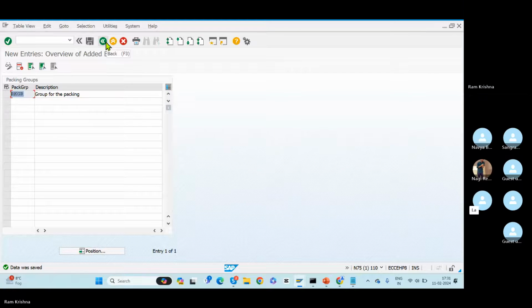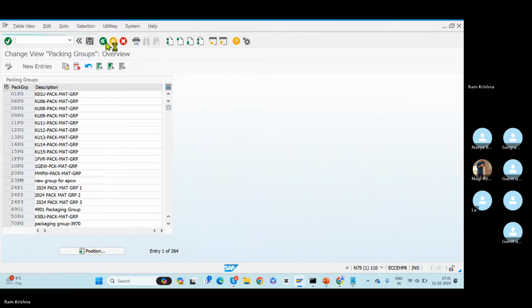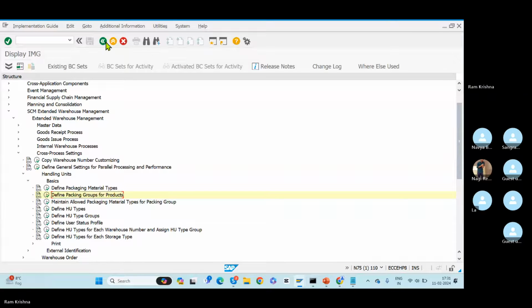This packaging group is like a material group, right? For materials, we group the respective packaging materials under that group. Like pallets have a different group, cartons have a different group, like that, Ram. Not like that actually. For one product, if you have multiple pack materials, for example, if you're receiving one Amazon product, that should have packing of carton plus auxiliary material. Inside the carton box you should have a bubble wrapper. How are you going to define that? By the group, because every time